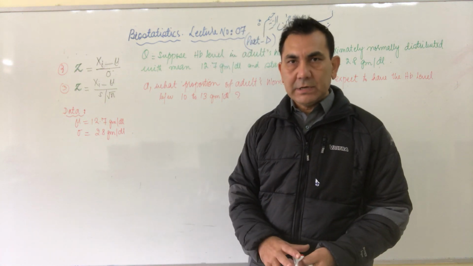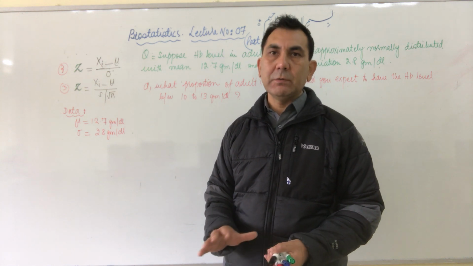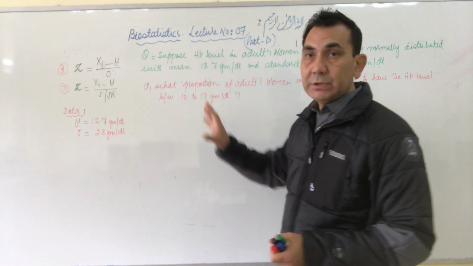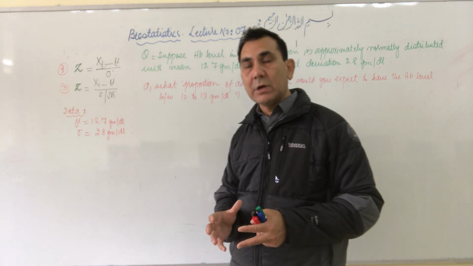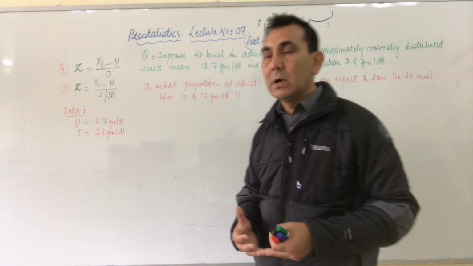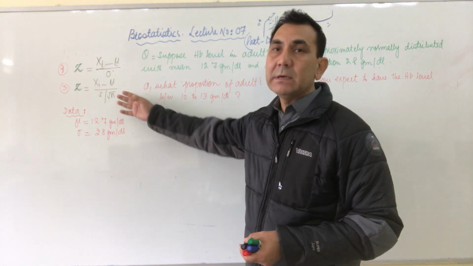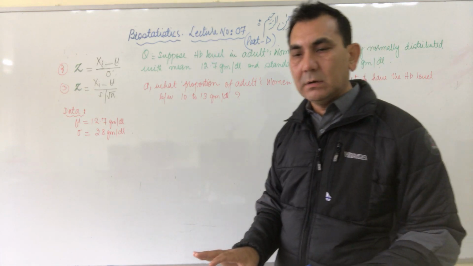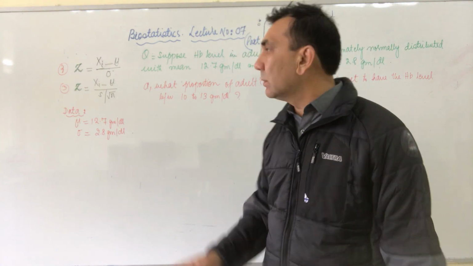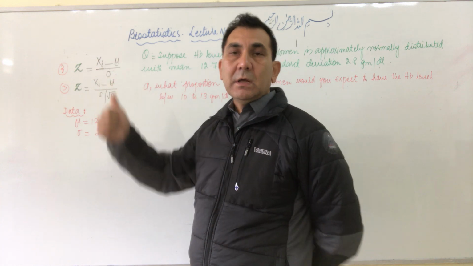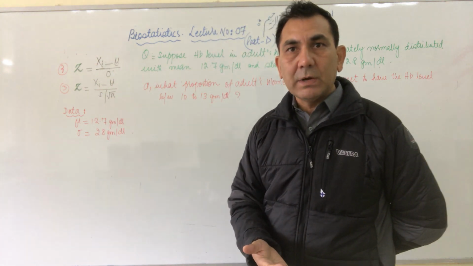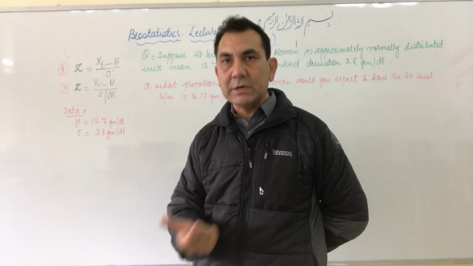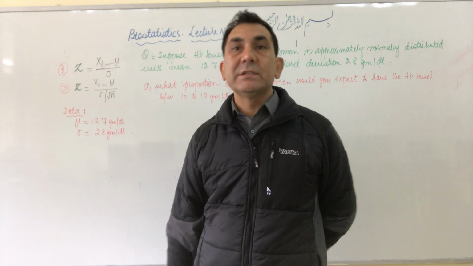Today is lecture number 7, and we will cover part D. In part D we will measure the normal distribution under the normal curve by using the sample size. In the previous two lectures, we measured the normal distribution under the normal curve by using a simple z score that was given to you, and we found the proportion or percentage under the normal curve by using the z table.